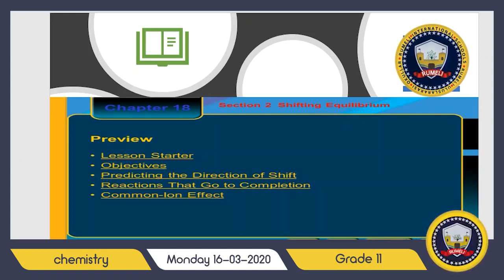Today we will start a new project in Normal International School, as we are suffering from the epidemic viral infection, coronavirus. We will continue chapter 18, section 2, shifting equilibrium. We finished last week the definition of equilibrium, the factors that affect equilibrium, which are temperature, pressure and concentration, and finally predicting the direction of shift. Now, we will start to discuss conditions under which reactions go to completion, but before we